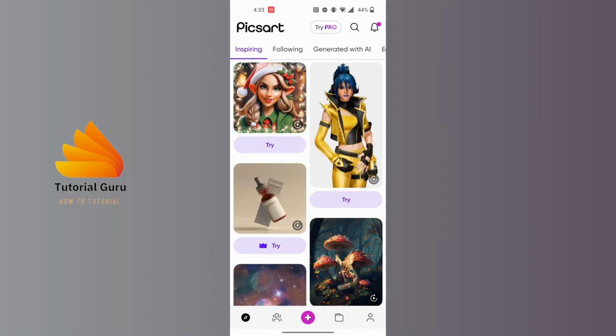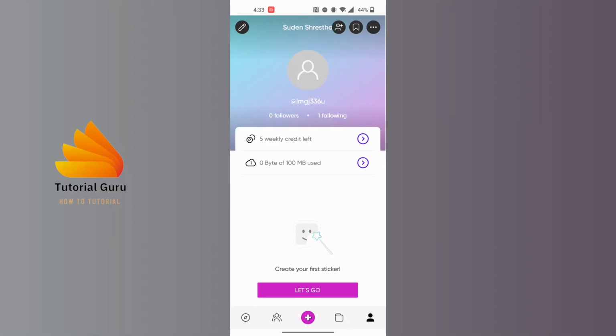And after opening your Picsart app, guys, on this interface, which is the home interface of Picsart, at the bottom right corner of the screen, you can see your profile or your person icon. Tap on the person icon at the bottom right corner of the screen, and you land on this